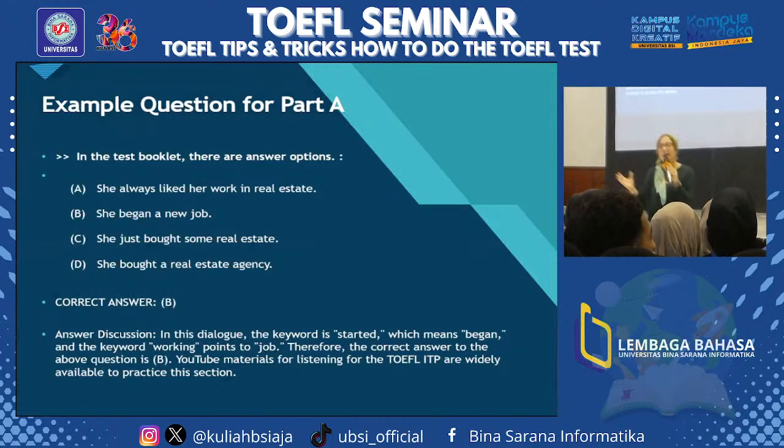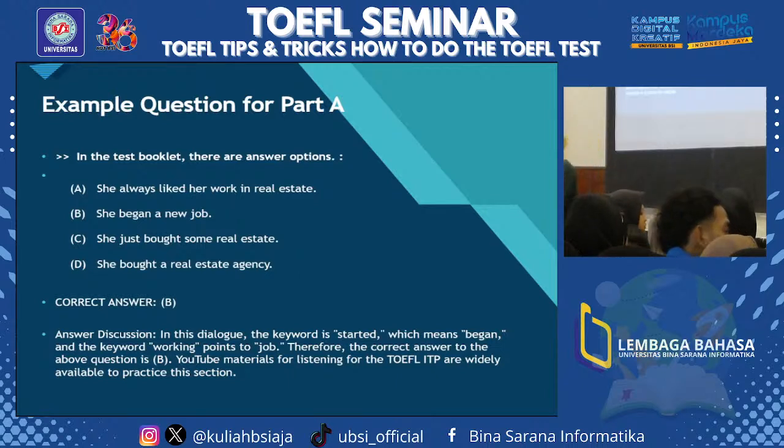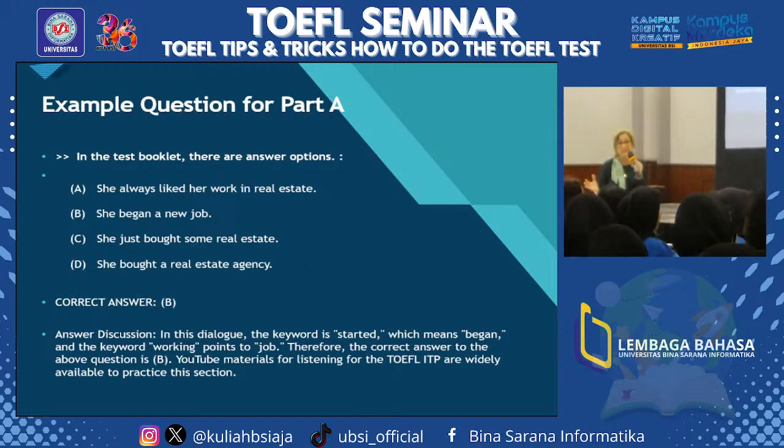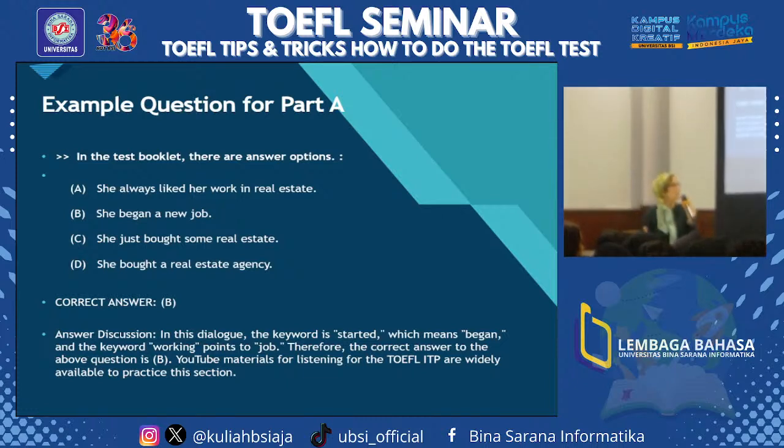Okay, now, why do we know it's B? We know it's B because, well, firstly, we don't have the information for A. We don't know if she always liked to work in real estate. That's not what they're asking. We also don't know for C that she bought real estate. I didn't hear the word buy or purchase anywhere in the dialogue. So you know it can't be C or D. We didn't hear that. All we heard is she started her new job, which means they're using a synonym, started